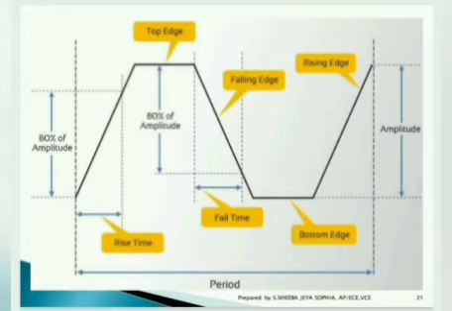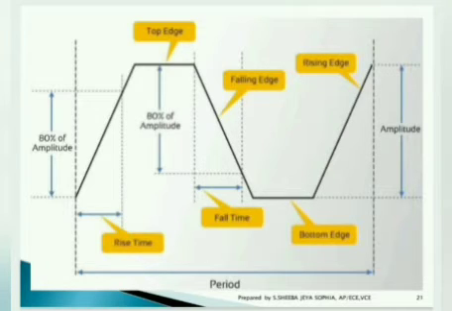Here you can clearly see a clock pulse is represented. Starting from 0, it reaches the higher point and again drops down to the 0 level and again starts repeating. So here an entire single clock is taken as the input. Both the positive as well as the negative point are taken into consideration. It starts at the 0 point and reaches the top edge. Starting from 0 to 80% of the amplitude to reach the top edge is referred to as rise time. That is the time taken for the signal to reach the maximum point, and that is said to be rise time.